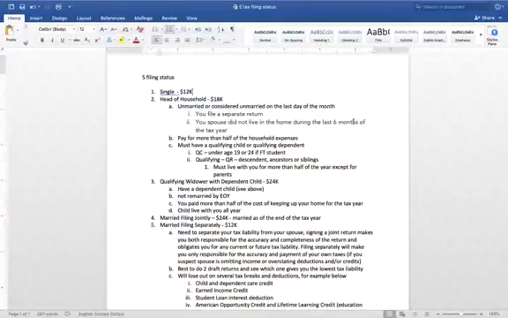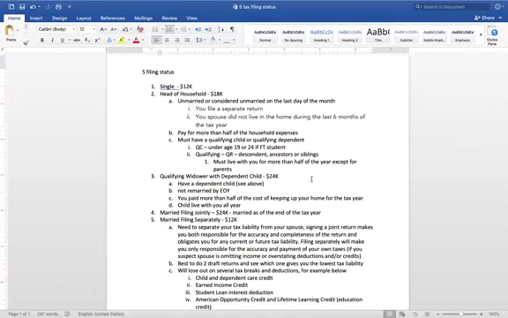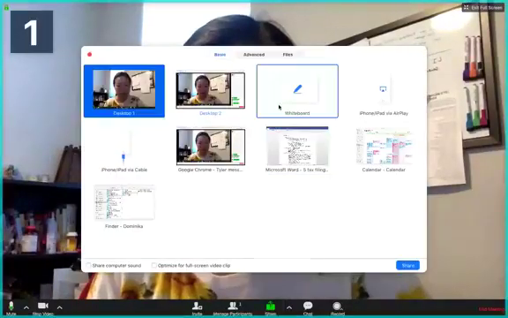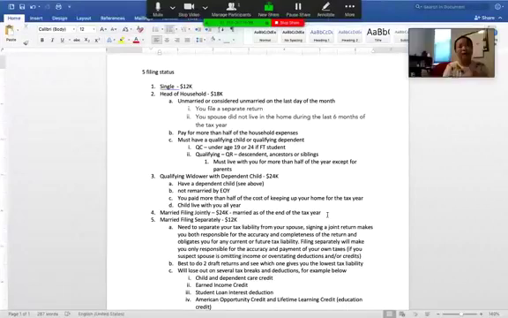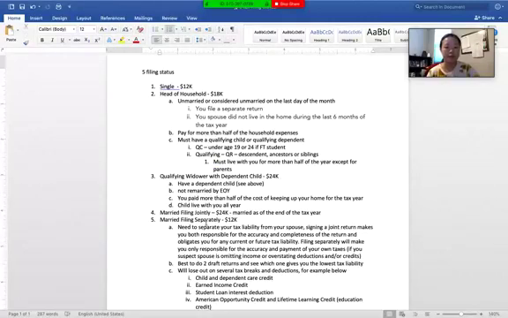So basically there are 5 filing statuses, okay? There's single, head of household, qualifying widower with dependent child, married filing jointly, and married filing separately. The numbers next to them are the standard deduction. Sorry, let me share my screen so you can at least see. I'm basing the numbers on the 2018 tax return. They will go up slightly, but I'm just going to use the numbers from 2018 right now,